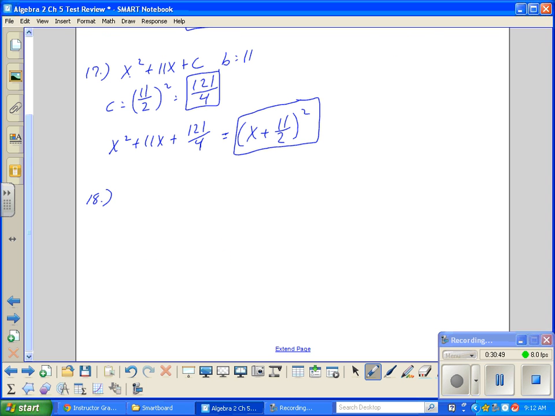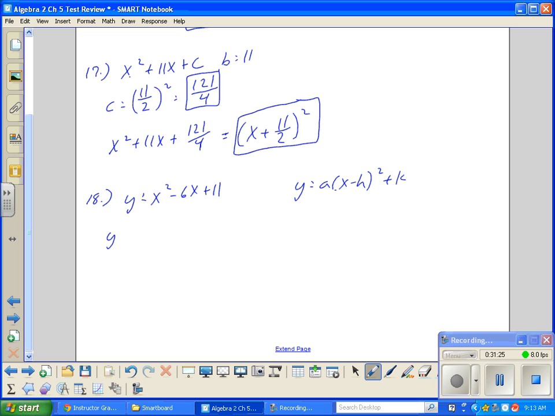18 wants us to write y equals x squared minus 6x plus 11 in vertex form. Remember, vertex form is y equals a times x minus h squared plus k. So in order to do that, we've got to have a square of a binomial. And when we look at this, ending in 11, that's not a perfect square, so we can't convert that into a perfect square trinomial or binomial unless we complete the square. And to do that,